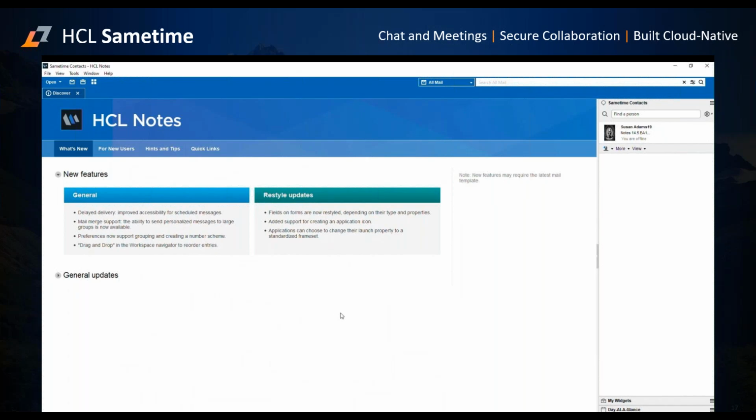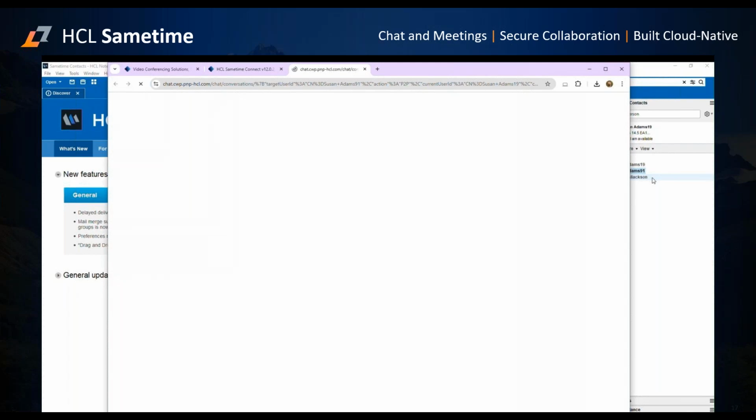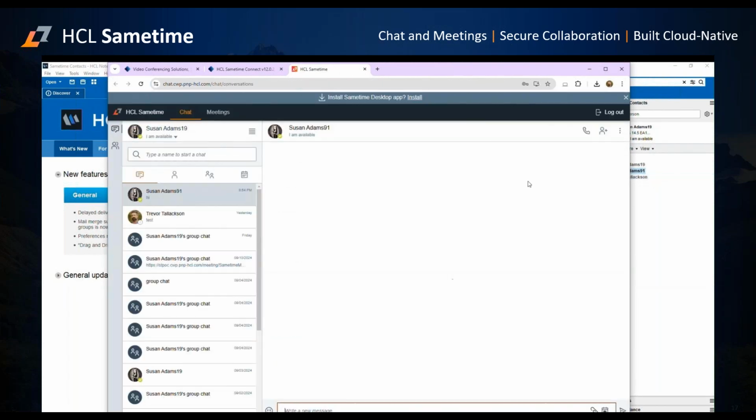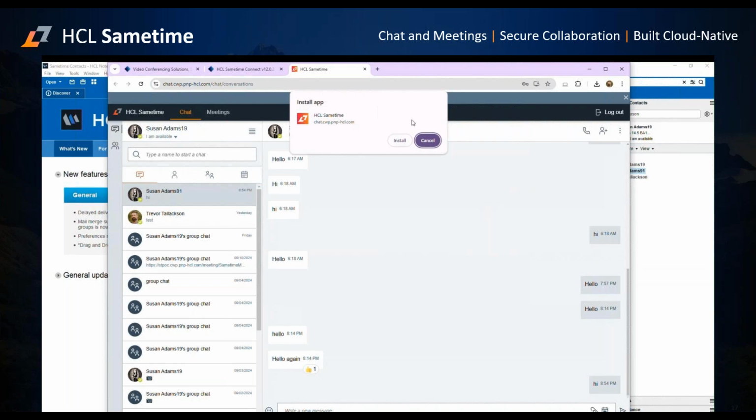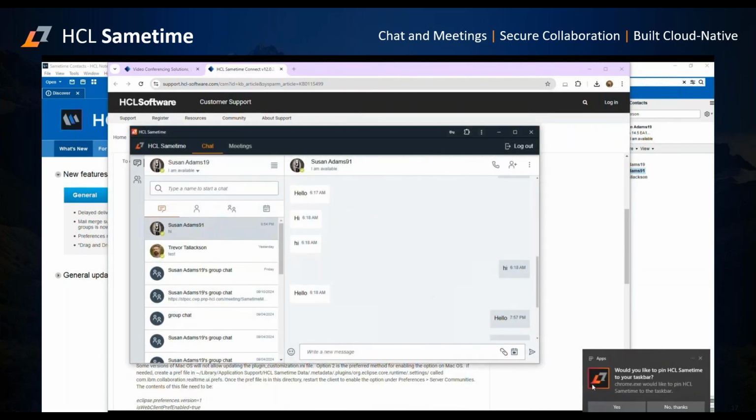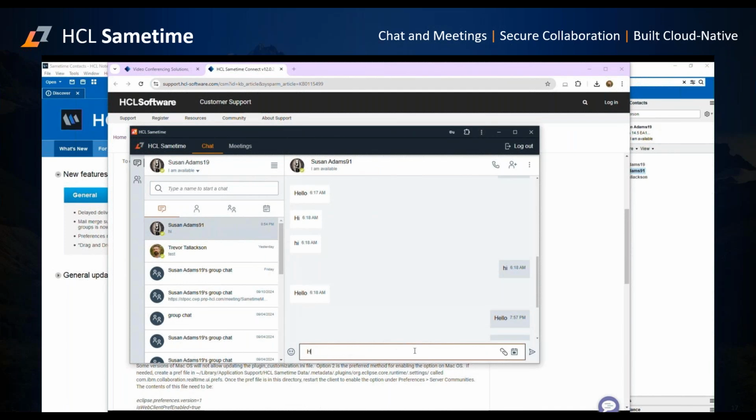Again, we're letting the client load the contact list. And I think in this first example, what I'm doing is I'm going to be initiating a chat, right? This is a first time experience that I'm showing because the PWA has to be installed, but it's very quick, very simple. So it's launching the web client, right? It passed the credentials. We're now using the web client. It's synchronized with the embedded. I've selected to install the PWA and it's literally 1 second. It prompted me to pin it to my taskbar, which I did,